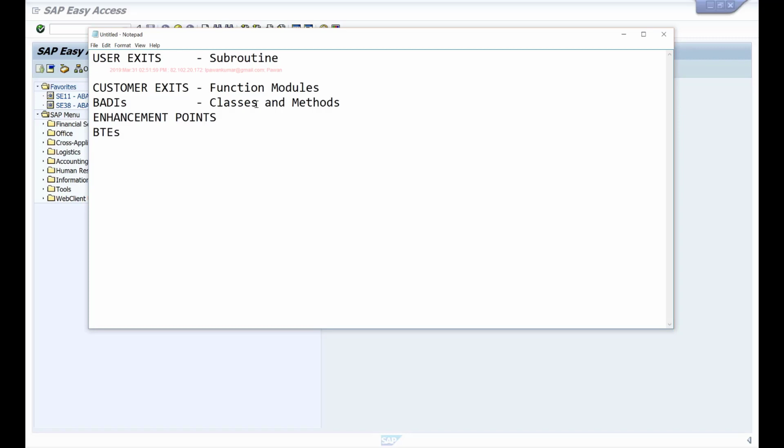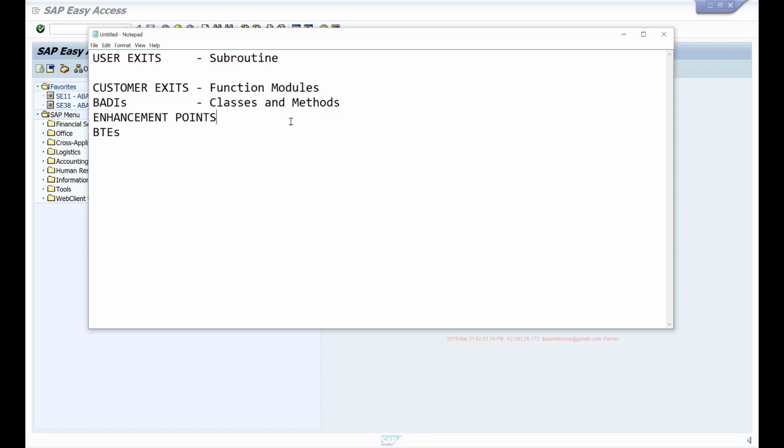So if the sales order application is being executed in the USA, you can have certain code executed. If the same transaction is used in India, you can have different code executed, which was not possible with customer exits. So with BAdIs, we have this advantage of having filters as well as multiple implementations. However, even these BAdIs were dependent on the parameter interface. So when you implement a BAdI, the BAdI will pass certain data to your method, and you can only change that value. So that way they were still restrictive.